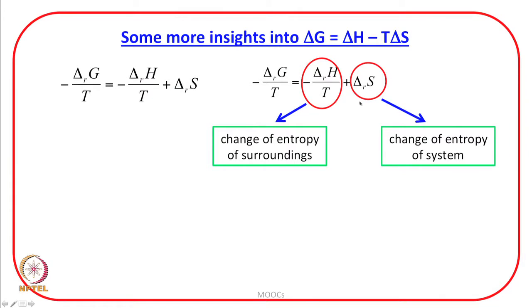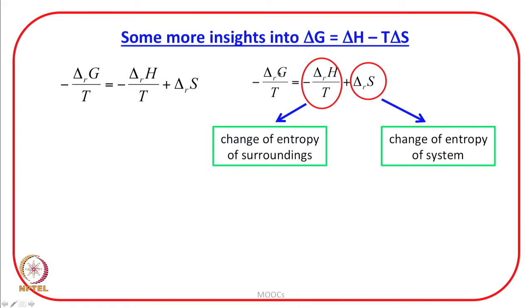So, therefore, let us go to slide. If this is identified as change of entropy of the system, this is identified as change of entropy of the surroundings. That means, in one sense, this minus delta R G by T